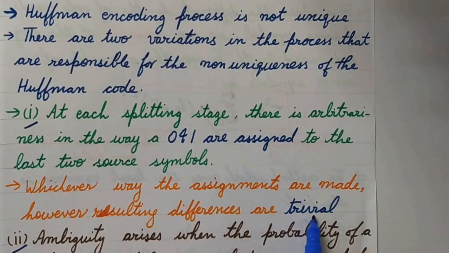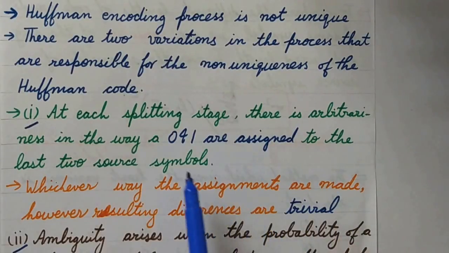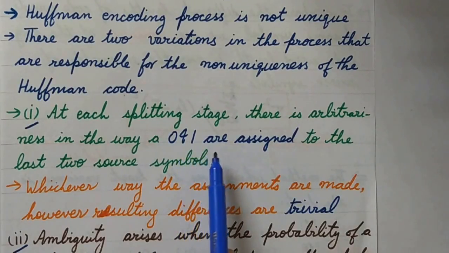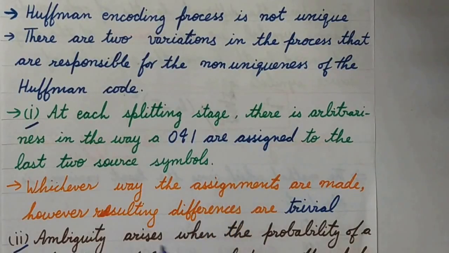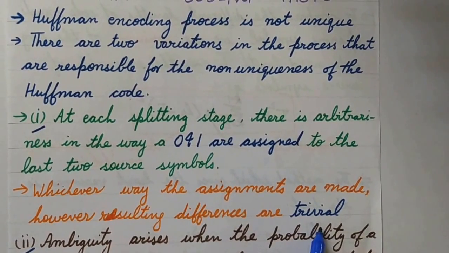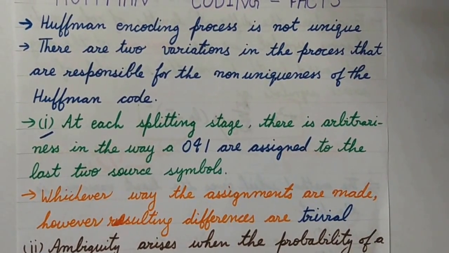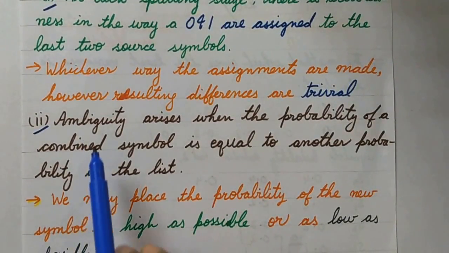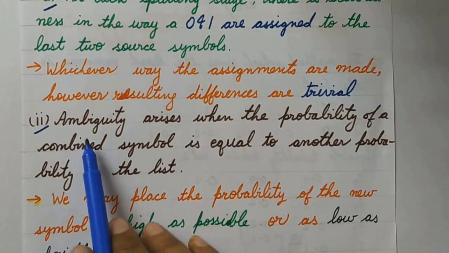It means that whichever assignment scheme you use, like I used 1 and 0 in my previous video, or today I am going to use 0 and 1 in one method, the difference is trivial, meaning it hardly matters which assignment scheme you are using. Now, the second variation arises when